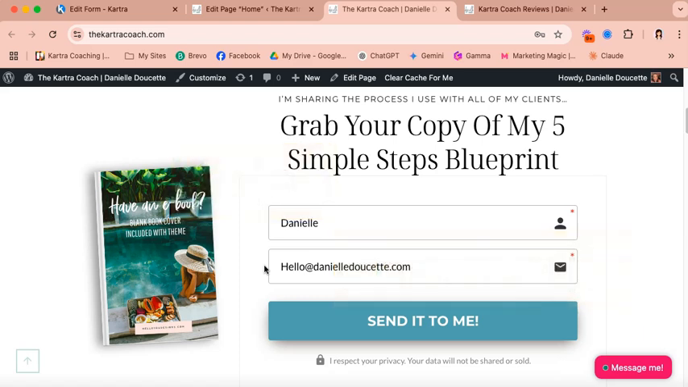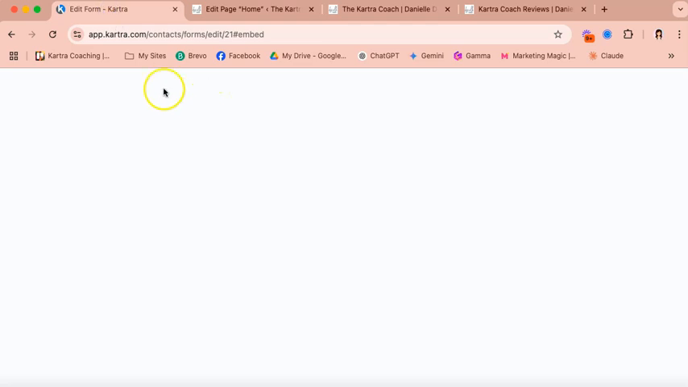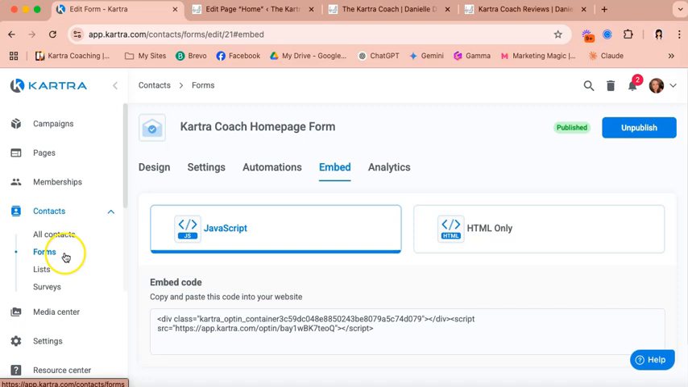So you can really do a lot to combine the power of Kartra for your opt-ins, your email, your checkout, your automations with your WordPress website, your WordPress built pages if you love to build and design on WordPress. But let me show you how to do it. It's actually quite simple. So inside of Kartra, we're going to be looking at contacts on the left-hand side, forms,